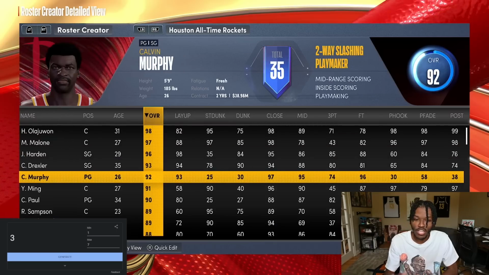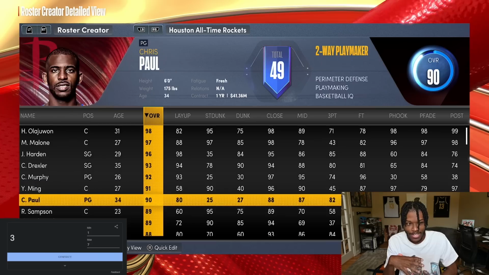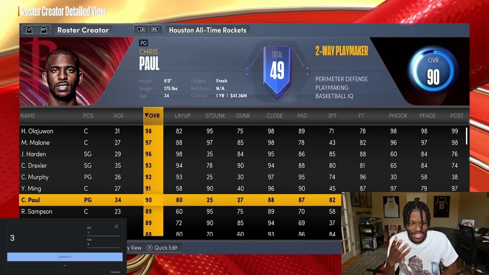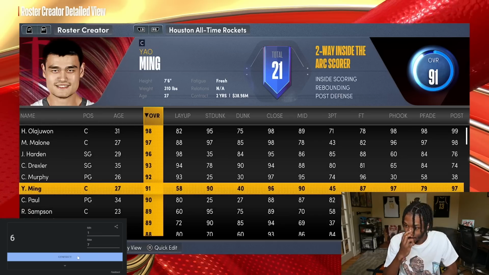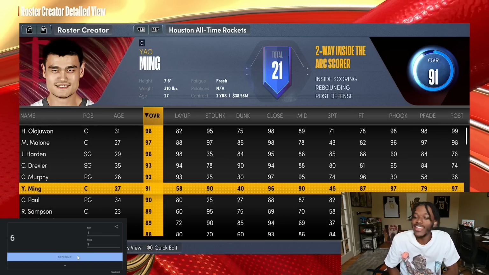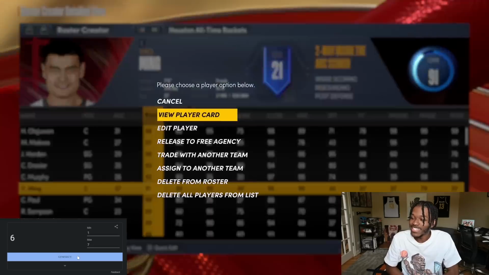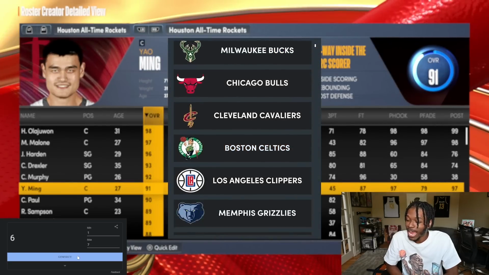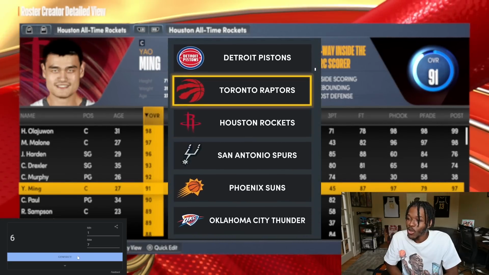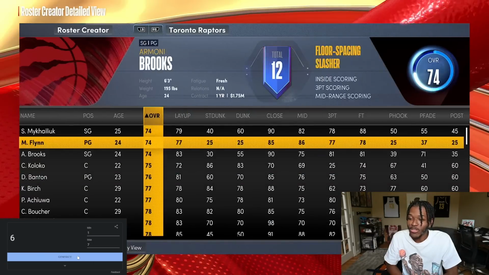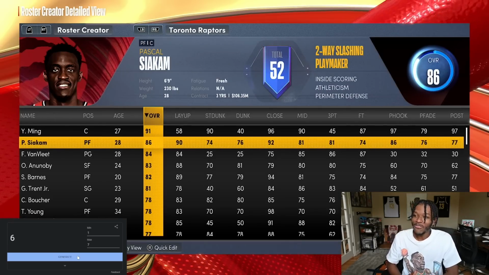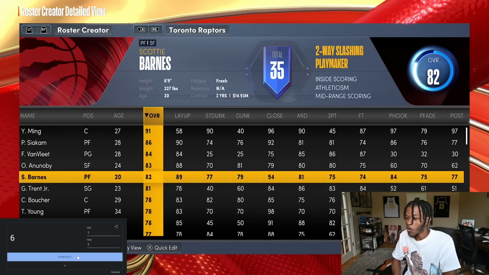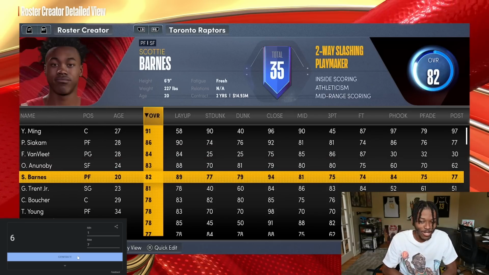Because now that we took away T-Mac, now the person that gets added is Chris Paul. Not bad. But instead, they're getting Mr. Yao Ming, man. Yao Ming. One of the shortest primes imaginable, but boy, oh boy, was he elite. And, well, this team needed a center, like a really good center, and they got that. So Yao Ming, Fred VanVleet, and Pascal Siakam, OG, Scotty Barnes, like, this team is really, really nice if you